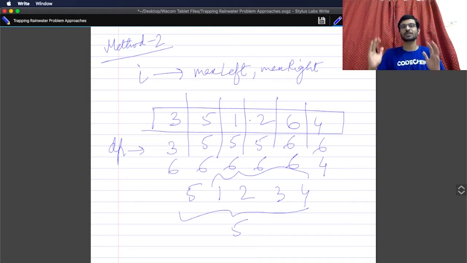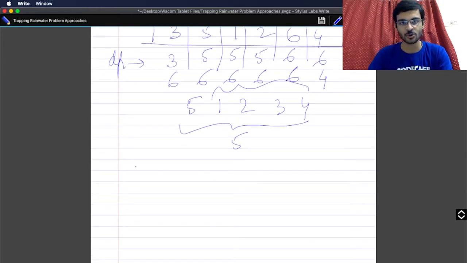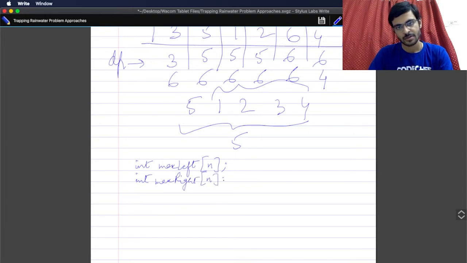Max right values we have obtained in one go. Max left values we can obtain from left to right, and max right values we can obtain from right to left. So you can see, I'll just write the pseudo code here. Suppose you have something like this: max left, an array or a vector of size n, int max right of size n. Now we will say that max left of 0 is going to be h0,